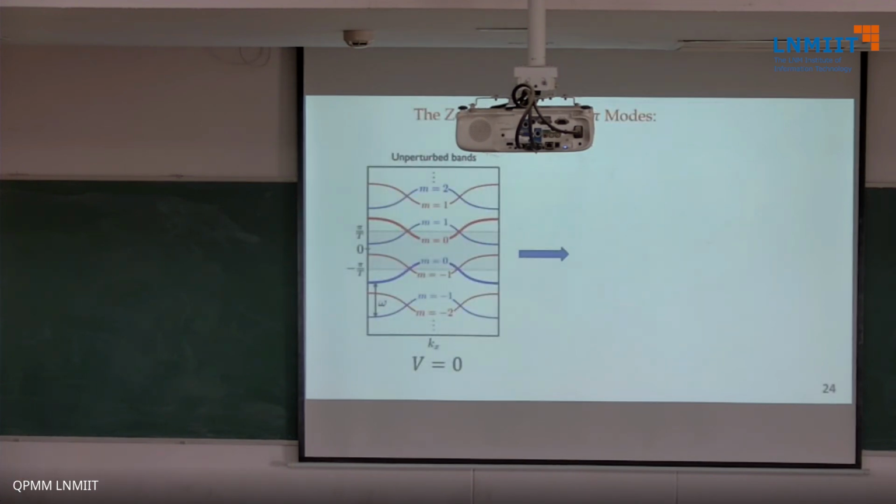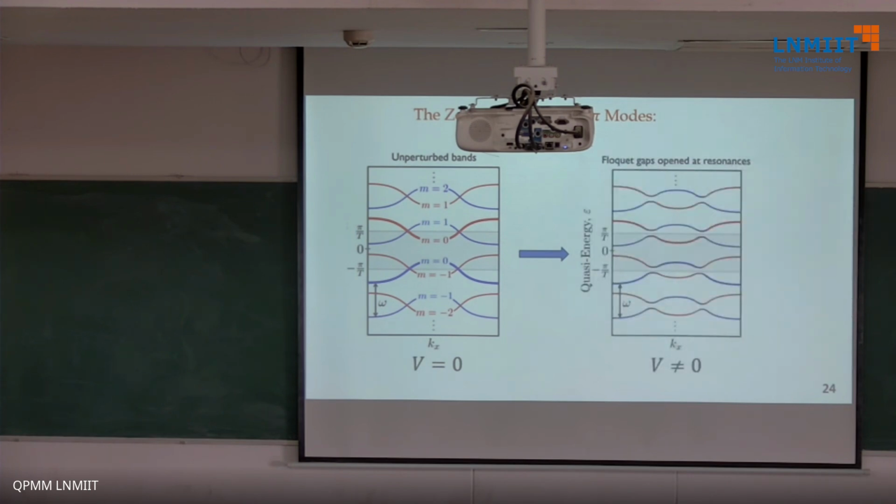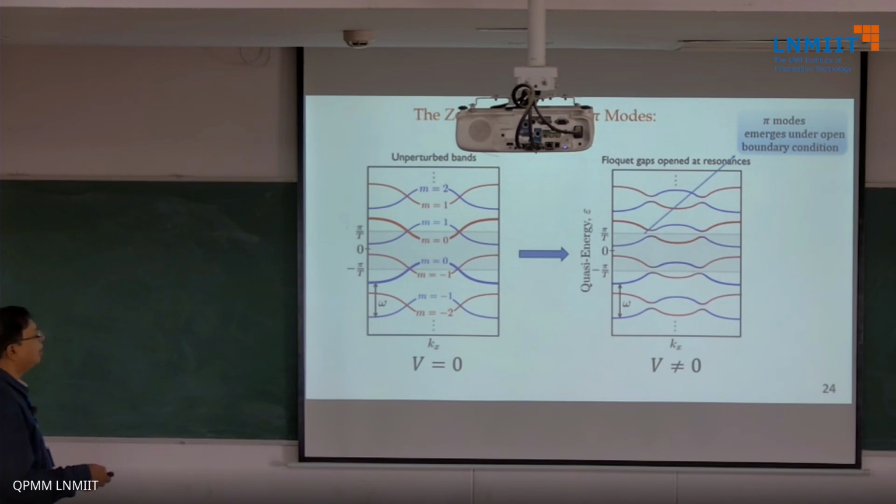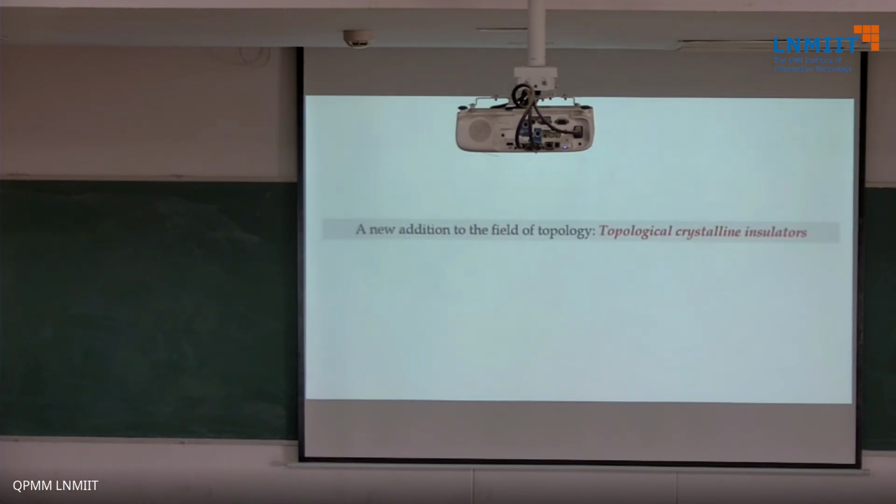And what happens is that the unperturbed bands, so the 0 modes and the pi modes, look like this. There's a crossing, etc., for no driving, and if you have driving, there are gaps that open up. Now you need to ascertain whether these gaps are trivial or topological. So you need to look at the properties of the wave functions of that gap and calculate Berry curvature and so on and so forth. These are called pi modes. They are at pi by T and minus pi by T.